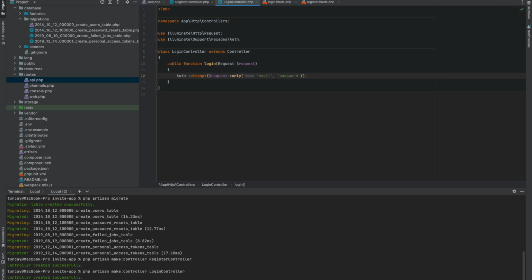Once you log in your user, they can reach your panels or other authenticated parts of your application. So I'm just gonna write here, if logged in our user,